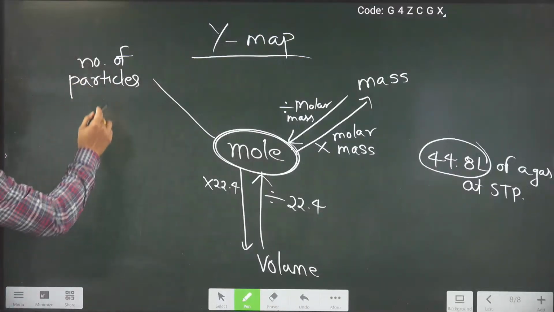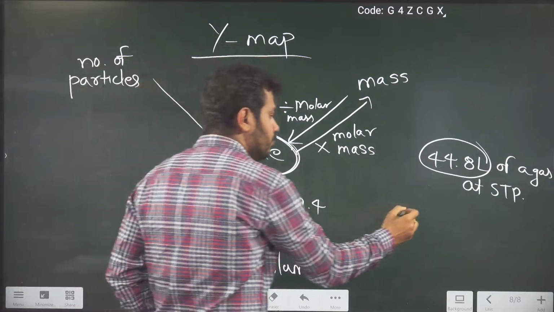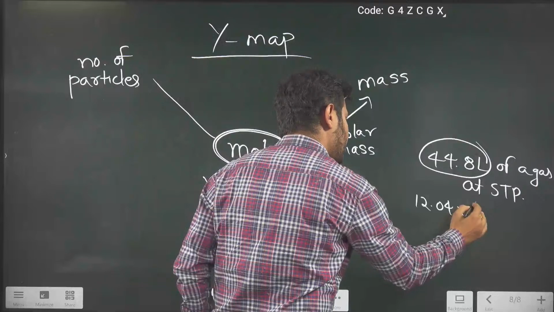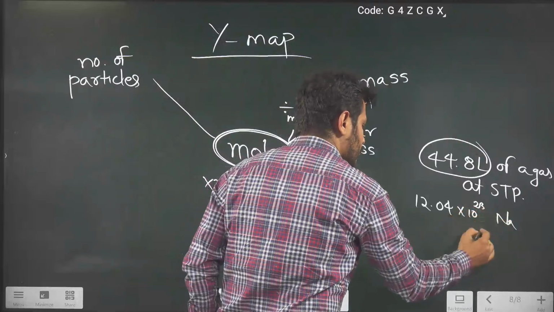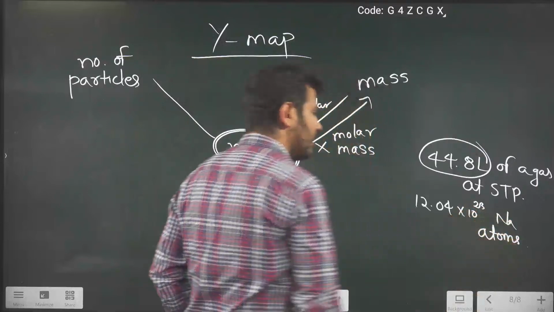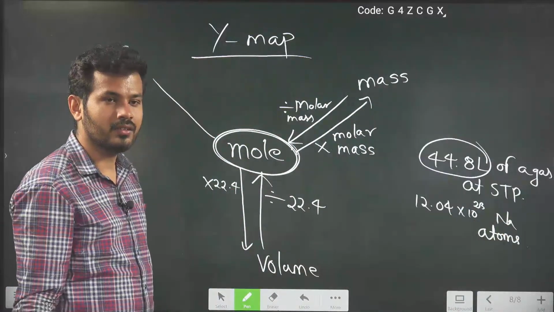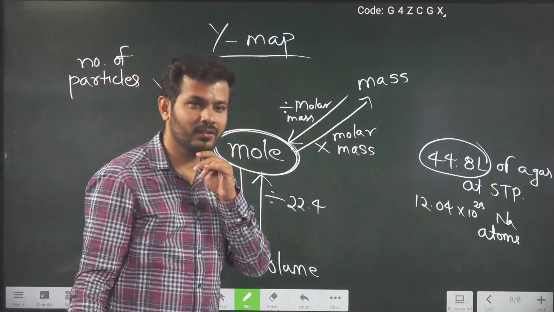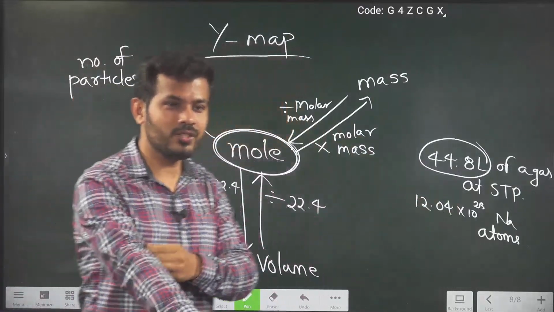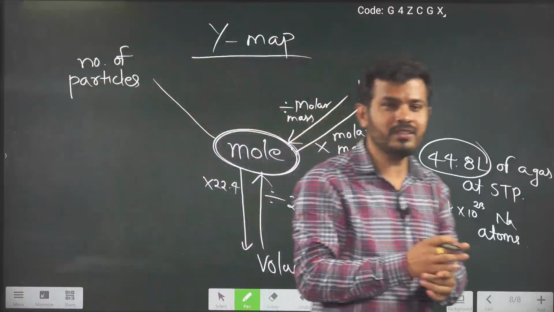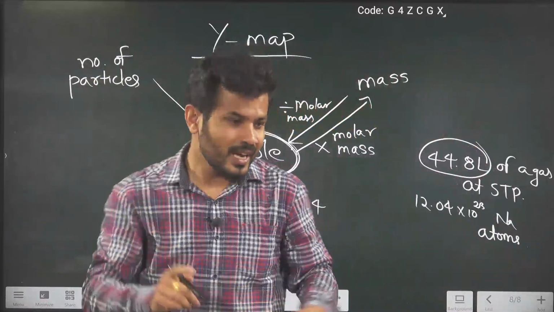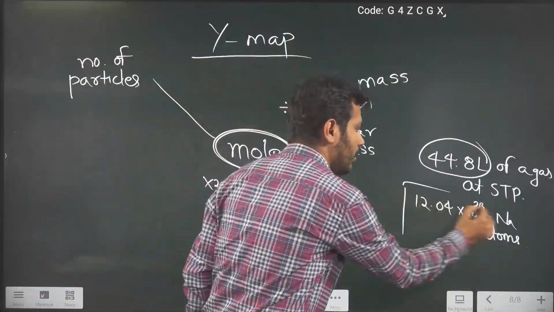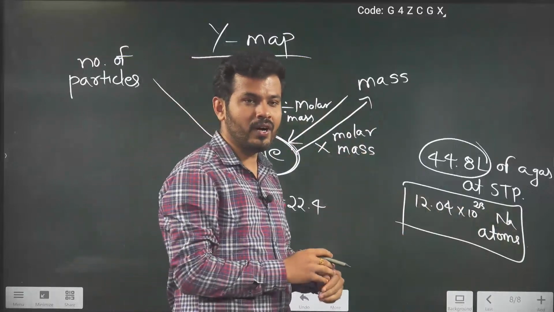In the case of number of particles, I have 12.044 into 10 to the power of 23 sodium atoms. Can you tell me how many moles are there in this? Very good. Several students are saying 2 mole, because we know 6.02 into 10 to the power of 23 is 1 mole, and this is exactly double of that. So it is 2 mole. So what we can say is, whatever number of atoms is given, divided by Avogadro number